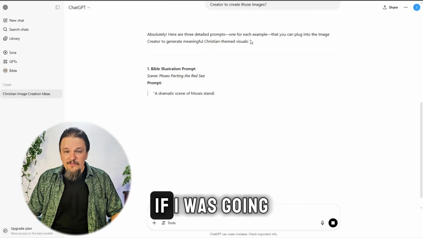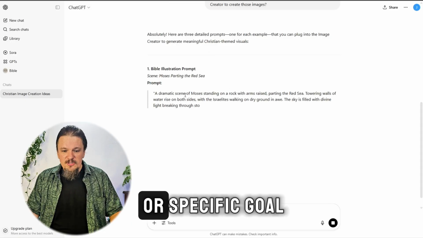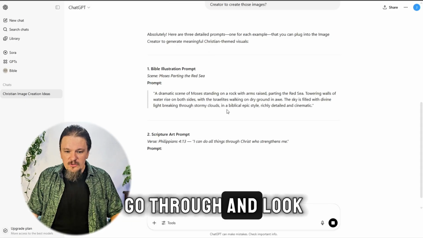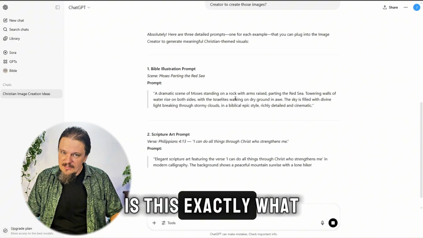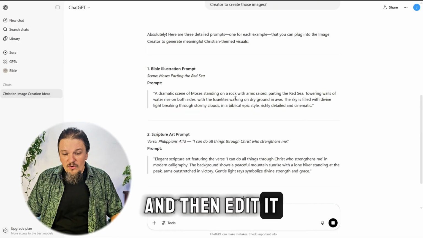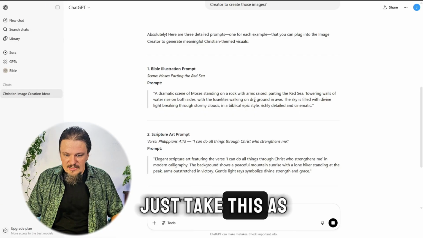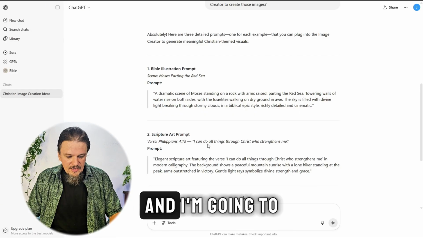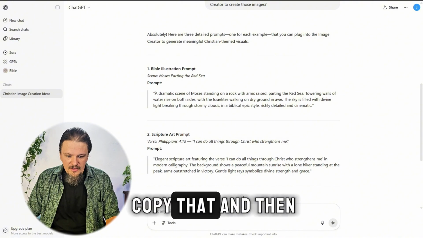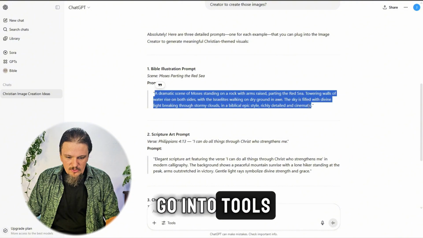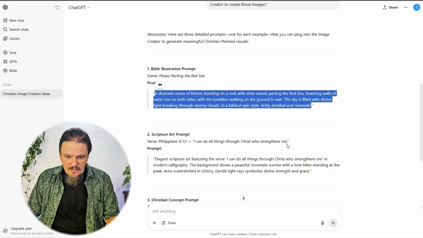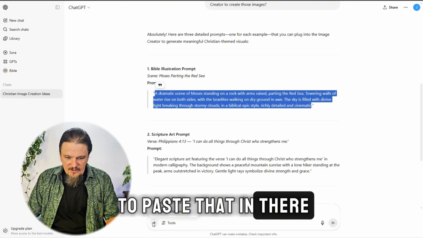And so if I was going for a specific purpose or a specific goal, I would want to go through and look at this and say, is this exactly what I want? And then edit it or ask ChatGPT to edit it. So I'm going to just take this as an example, and I'm going to copy that and then go into Tools, create an image, and then I'm going to paste that in there and have it